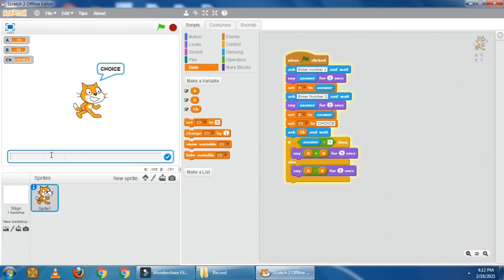So our choice is here 2. Our choice is not equal to 1 means it will go to else and execute this minus operation. Okay, and it will subtract the numbers. So click on this tick mark. You can see 5. 15 minus 10 equals to 5. So this way you can make this project taking choice from the user, and as per choice you can display addition or subtraction of numbers.